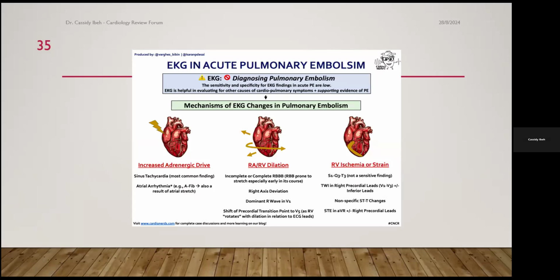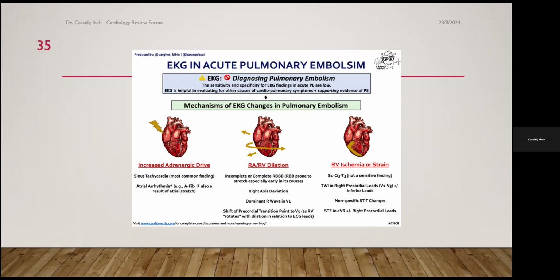Now, this is the mechanism of ECG changes in pulmonary embolism. Of course, the sinus tachycardia is a result of increased adrenergic drive, which occurs when this patient goes into some form of hemodynamic compromise. Then it can also be due to right atrial or right ventricular dilatation, which may cause a complete right bundle branch block, right axis deviation, or even a dominant R wave in V1. Then, if this progresses, there is right ventricular strain where you have the S1 Q3 T3 pattern that is seen